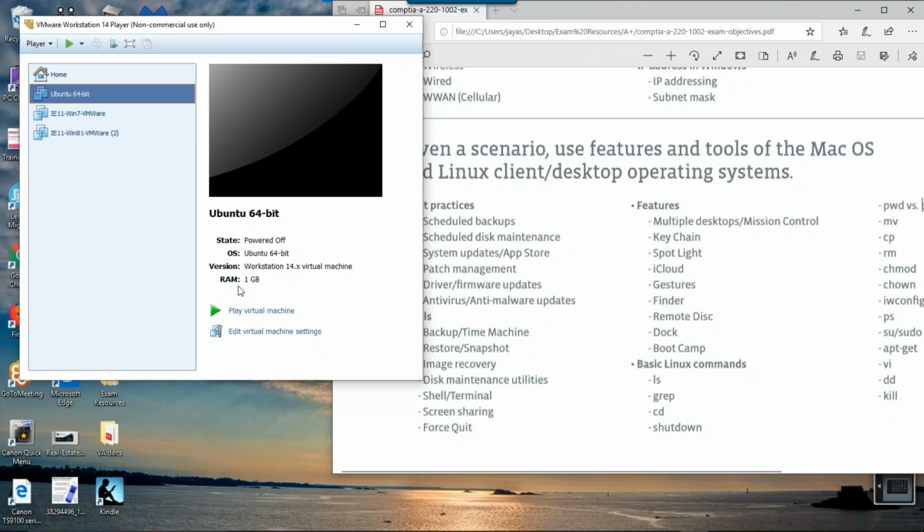So if you have at least 8 gigs of RAM, you should be able to run a Linux virtual machine. Your Windows ones take a little bit more, but at the same time, it's not too much, right? You need 2 gigs to run Windows 7 or 8, so you should be fine there. But yeah, that would be my recommendation: set up some virtual machines, and as you're going through your training, mirror whoever's doing it. If you're watching Jason's training, when he's showing you this stuff, mirror it.